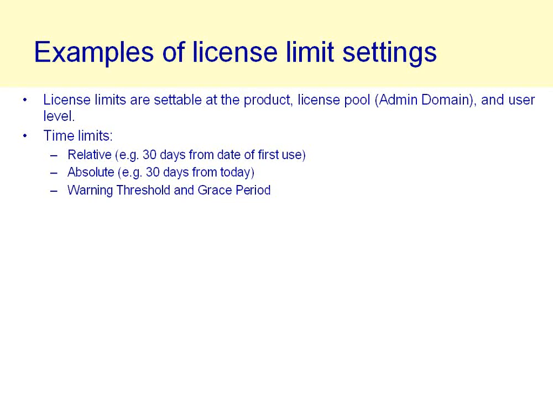The other thing you can set up are two other parameters, which are a warning threshold and a grace period. So, for example, I could set up a trial license for somebody and say you've got a 30-day license. I could also set it with a 10-day warning threshold and a 5-day grace period. That means that when the application does its checkout and it's within that warning threshold, then it can put up a message to the user saying your trial license is about to expire. Please contact the company on this number to purchase your production license, whatever it might be. And then during the grace period, you could put up a stronger message. It could work in reduced capability mode. It could turn off some functions, for example, and say your trial license has expired. Please contact us urgently, and so on.